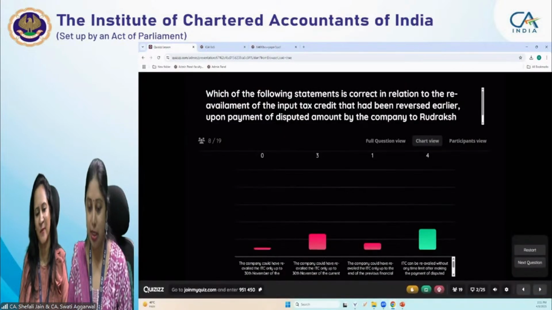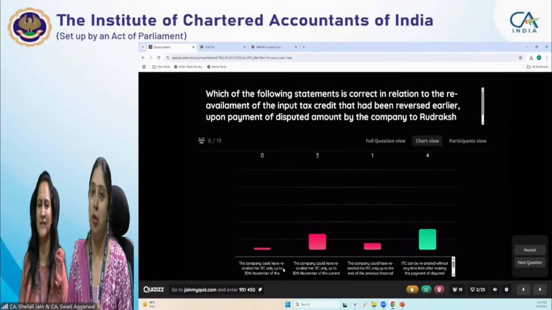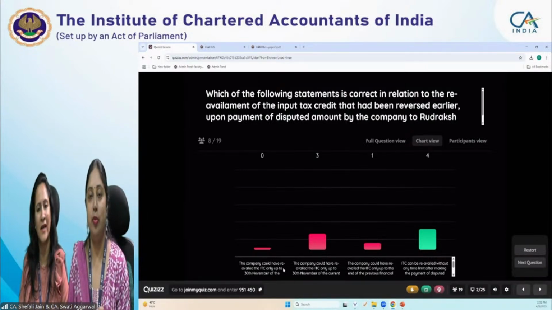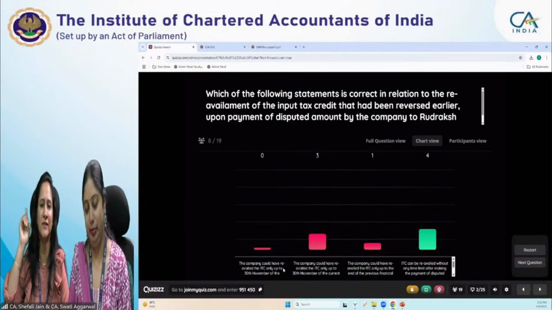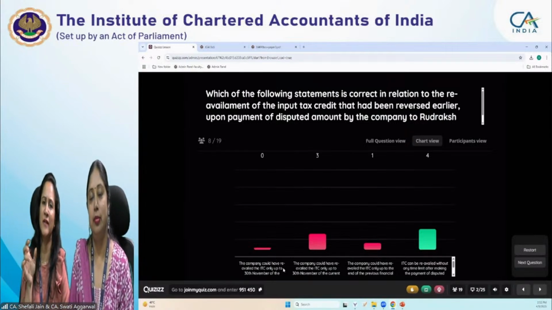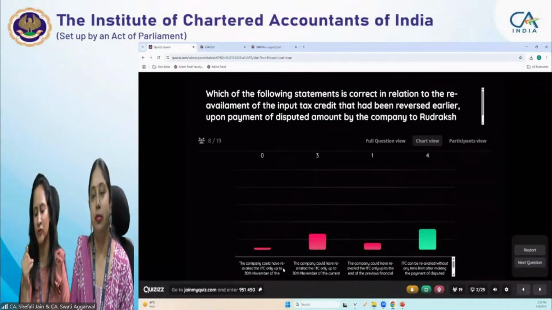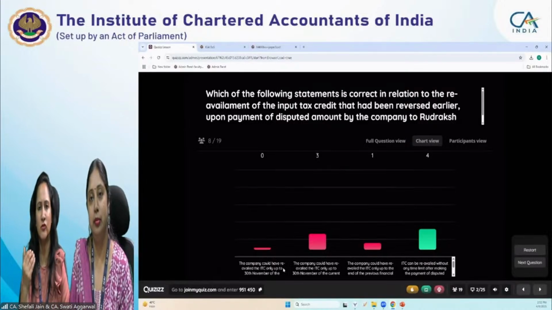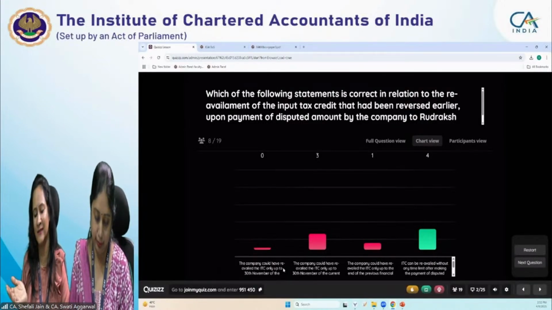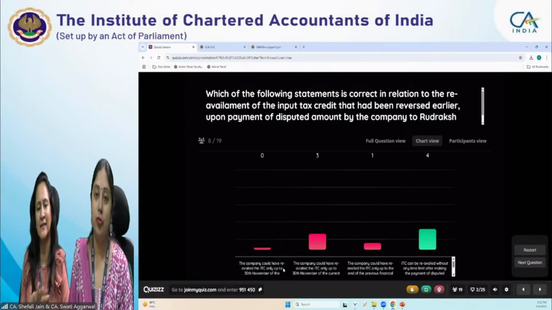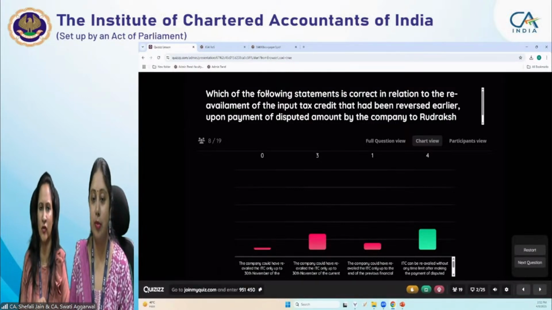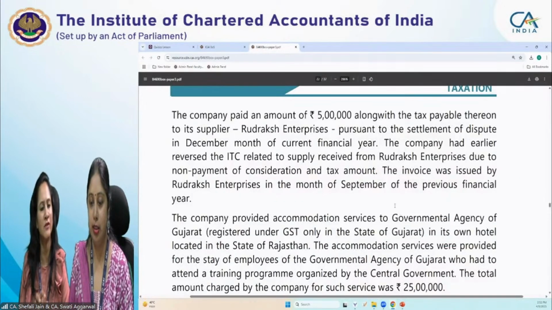make the payment, then you can avail ITC। उसके लिए कोई टाइम लिमिट नहीं है। सेक्शन 16 के अंदर there is no time limit to reclaim the credit in case of payment to the supplier where ITC was reversed earlier. Now इस क्वेश्चन में क्या था, इस क्वेश्चन में हमने पहले कुछ रजिस्टर्ड पर्सन ने कुछ जो वैल्यूज थी वो नहीं पे की थी, उसकी वजह से हमने आईटीसी जो है वो रिवर्स भी कर दिया। ये सारी बातें ऑलरेडी गिवन है facts of the case में।